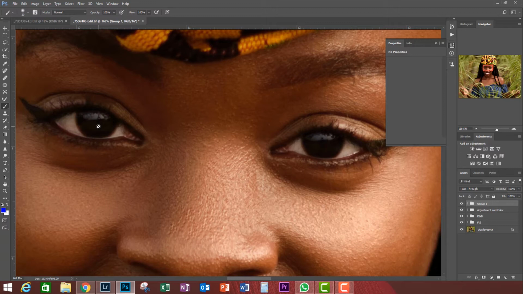For dark skinned people, usually it's a dark brown. So in this particular case, you don't get to see much of the details in the eye as you would if you were looking at the person directly. But I want to show you how to bring that back into the eye. It's a very artificial way of doing it, but if you blend it nicely,